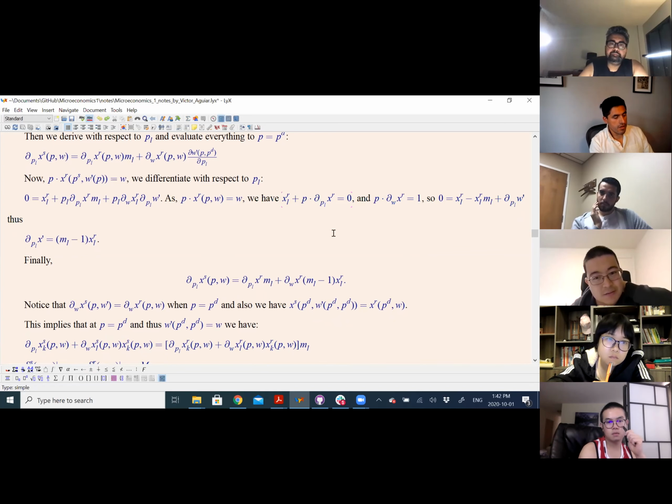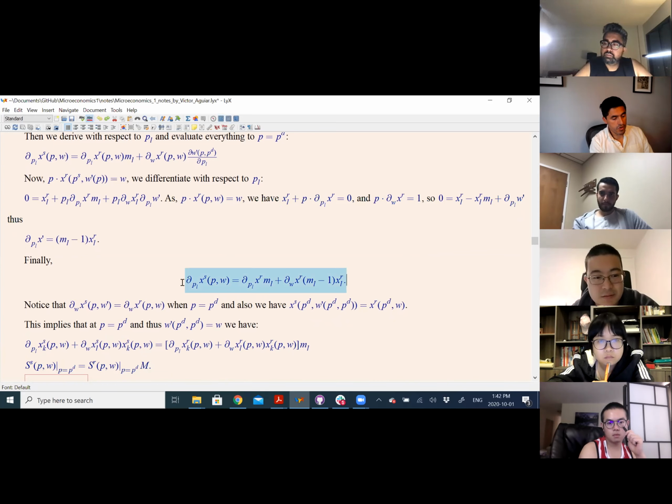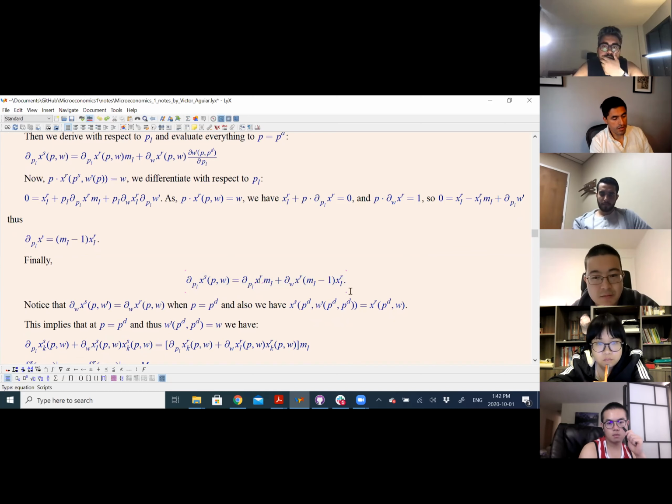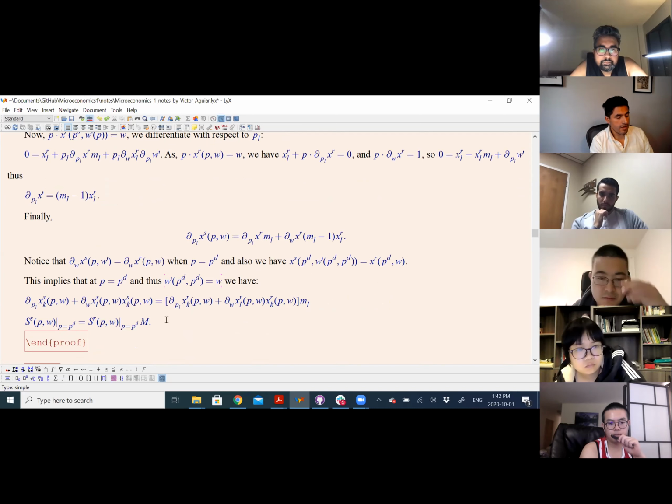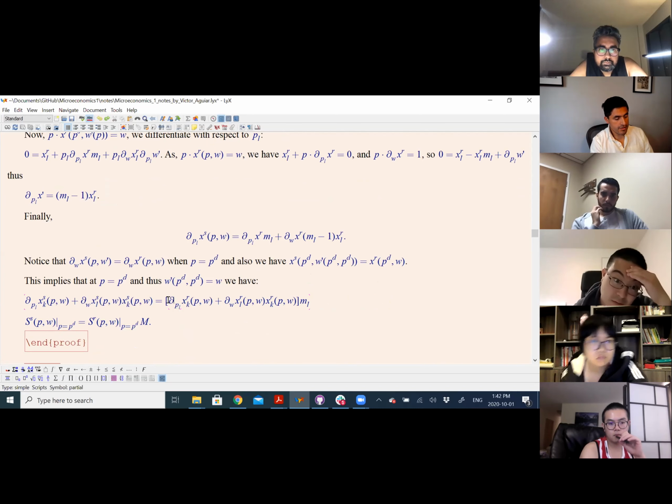The key point here is the following. We want to show that this XL with respect to PL is going to be this combination of the rational PL plus XW of XR, ML minus 1 XR, okay? And then by deriving the income, I'm going to get the same quantity. It kills this XW here. I evaluate that PD, and therefore I'm going to be able to simplify this demand. This income becomes just normal income, and now plugging it back, we get that all this term, which is the Slutsky term, is multiplied by ML, okay?